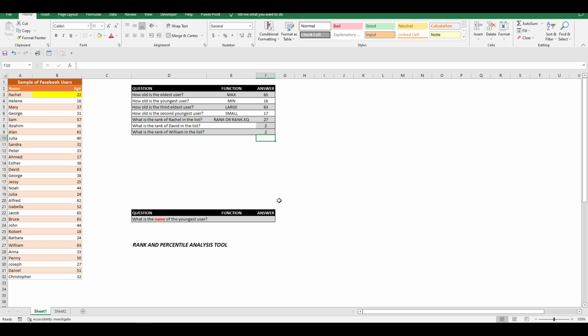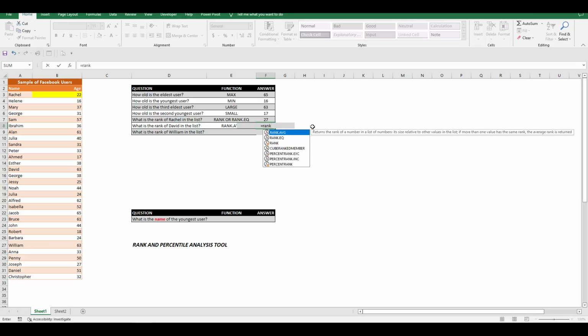In order to alleviate this problem of duplicate values, we are going to use the rank.average function that takes the average of the second and the third rank. So if we use this function, the rank of David is 2.5 and the rank of William is 2.5 too.